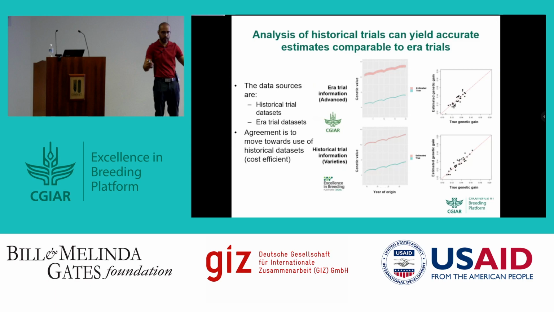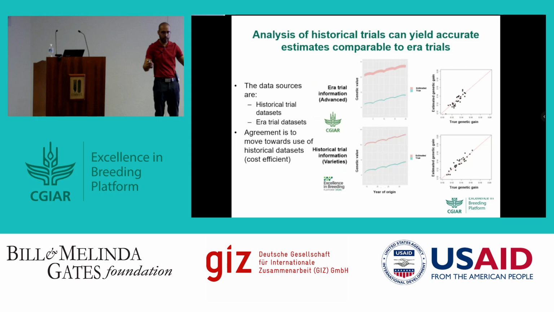simulations. Like I said, this one, imagine that the slope is, I don't know, 0.2. And here, when you estimate it, it's 0.21. So it's very close to the true one. So this is what it's representing. For example, here it is saying, okay, the simulated genetic gain for being the true one is 0.12, and the estimated was 0.09. And over several rounds of simulation, you can see how effective the era trial method can be for estimating genetic gain. For historical trials, something that we didn't foresee in that moment,